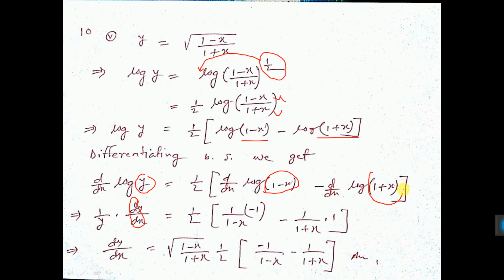Again d/dx of log of this, you consider as x. So log x is 1 by x into d/dx of again this thing. So d/dx of 1 is 0, I have not written, and d/dx of x is 1. So this y you bring to the right side. y will be multiplied with this. So that value of y I have written here. This is the value of y, because that y will come this side, and this is the value of y. From here I have written. And this is the answer.